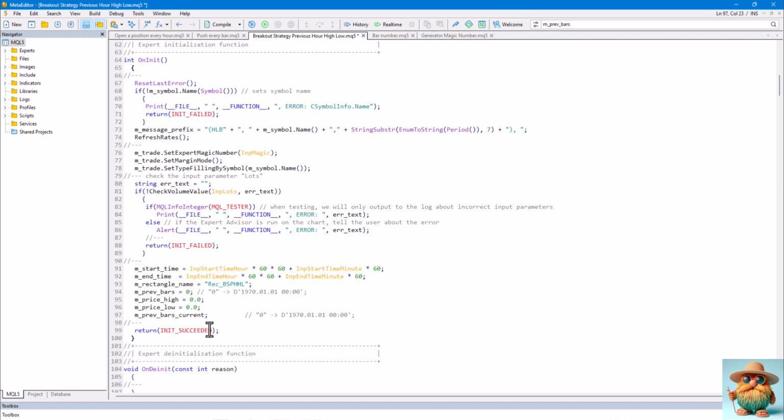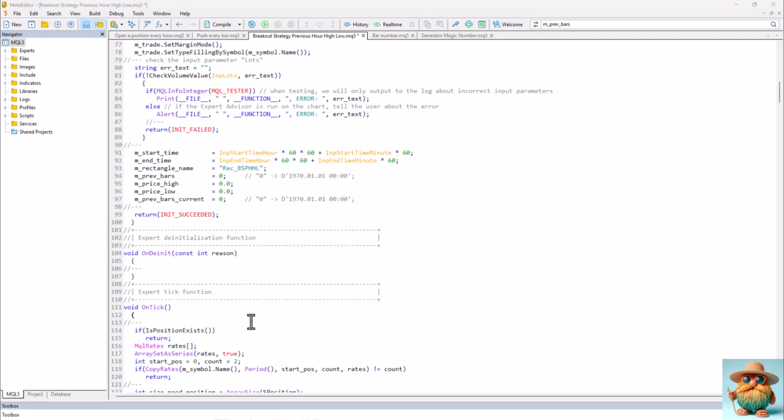On the current time frame, we constantly check if a new bar has appeared. If so, we move the right edge of the rectangle to match the current time. This will keep the zone visually up to date every hour. And when a new bar is born on the H1 timeframe, we move the entire rectangle. At this moment, we also update the values of the variables mPriceHigh and mPriceLow, storing the new levels.